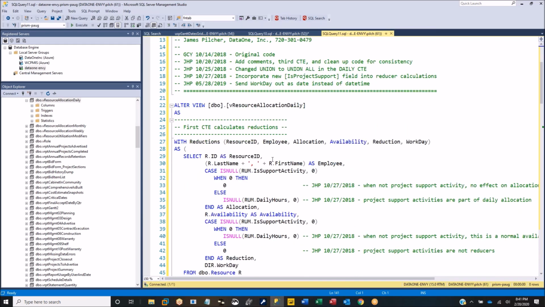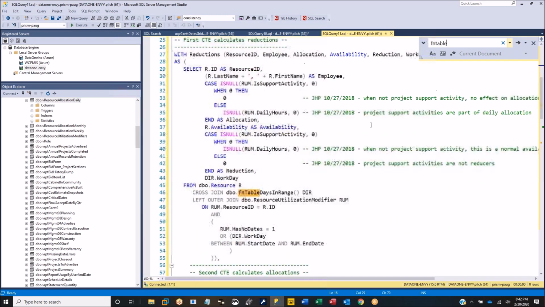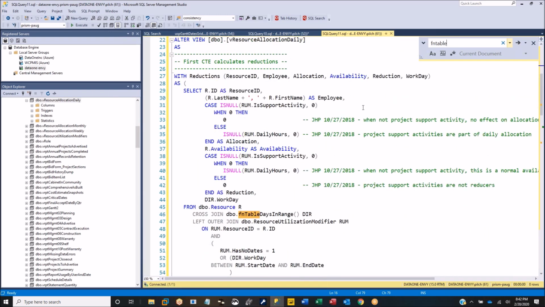this view is interesting because not only does it use the function, and I need to find it there, but I'm also using common table expressions. I don't know if I talked about them last month, but they're inside a view that's essentially a shorthand and easy way of using subqueries. So I've got a number of subqueries in here, but you can see what I do is I have a